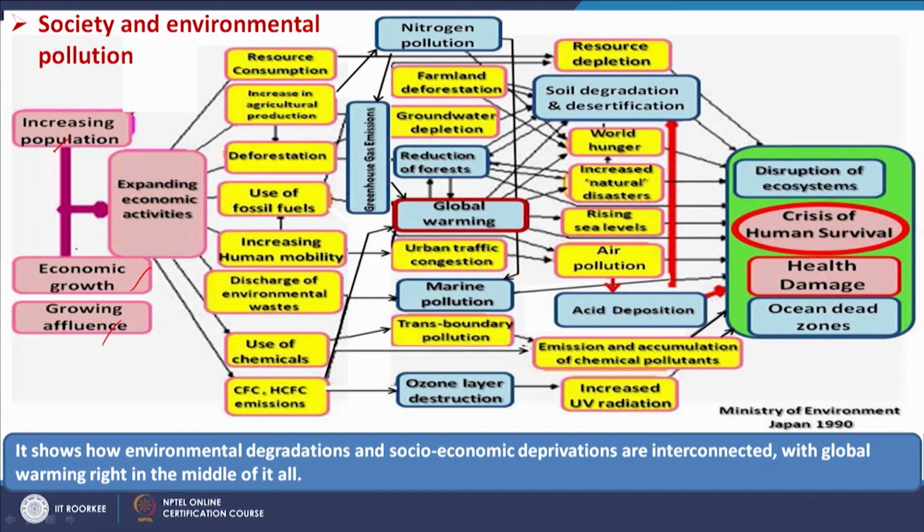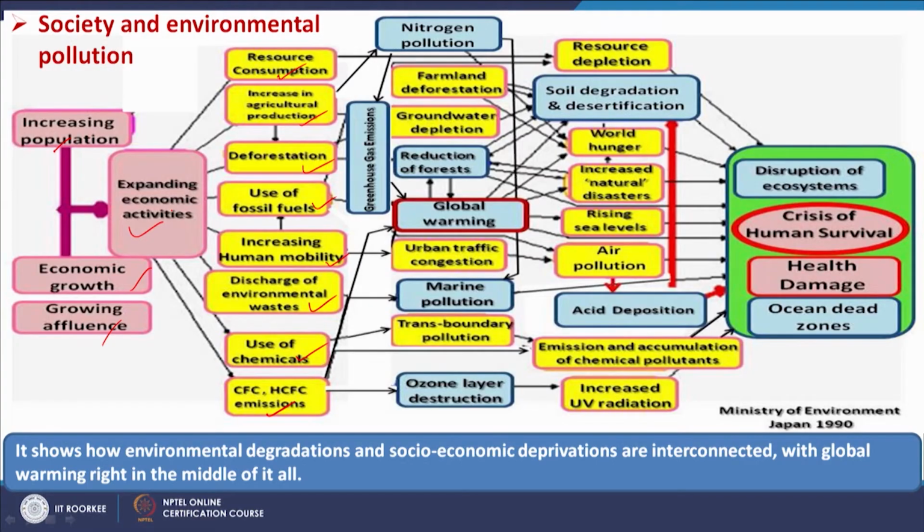Those are compelling expanding economic impacts, which give us activities like resource consumption, increase in agricultural production, deforestation, use of fossil fuels, increasing human mobility, discharge of environmental wastes, and use of chemicals, CFC and HCFC emissions. These are the inevitable